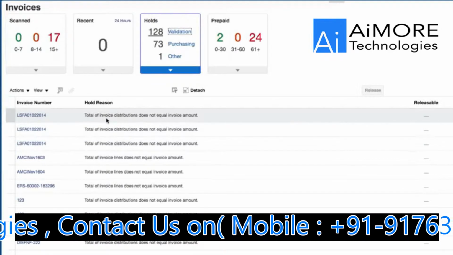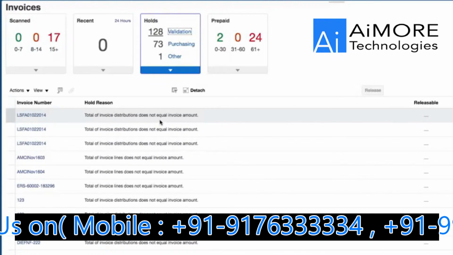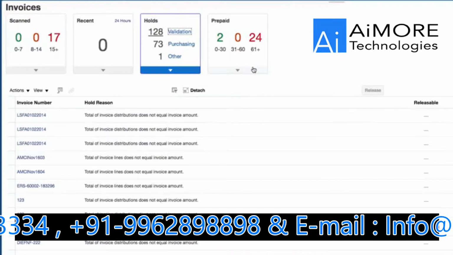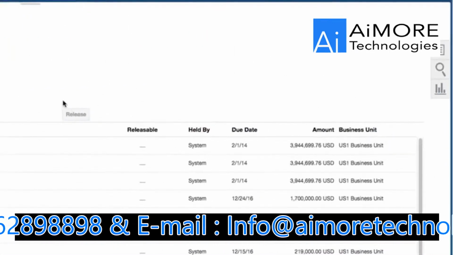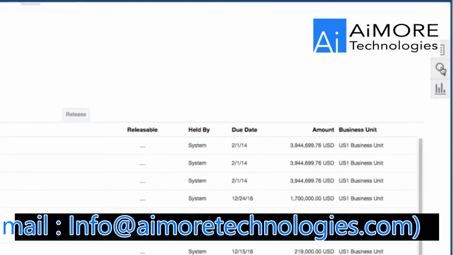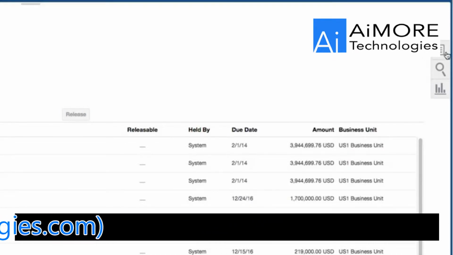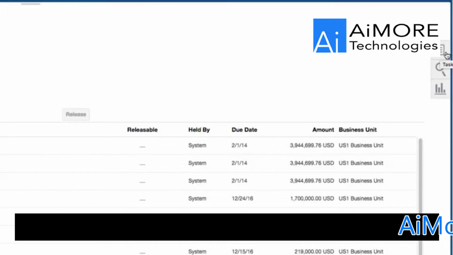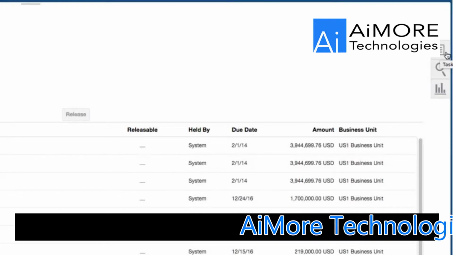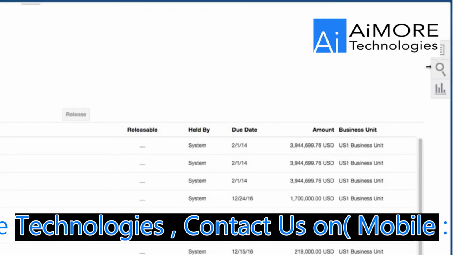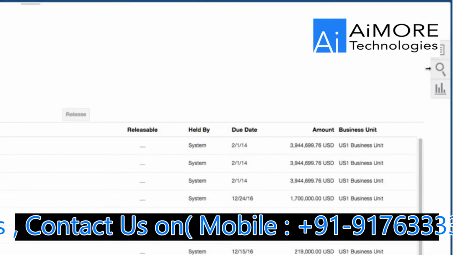So here, for example, it's saying that the invoice distributions does not equal the invoice amount. Another area you would normally see within a work area is the task area. So you've got your icon on the right hand side that opens up a menu, which is a task panel, and you've also got searches, which allows you to perform searches on various